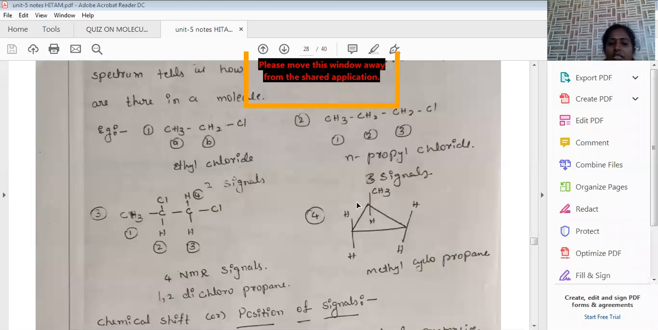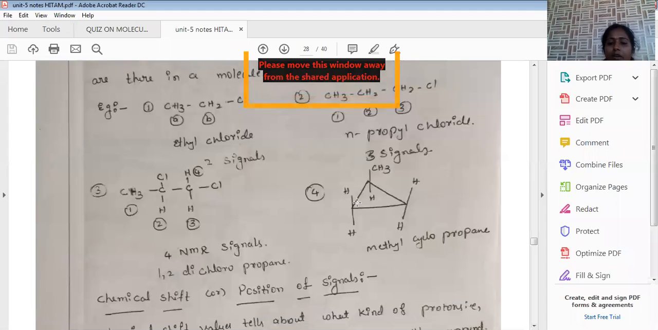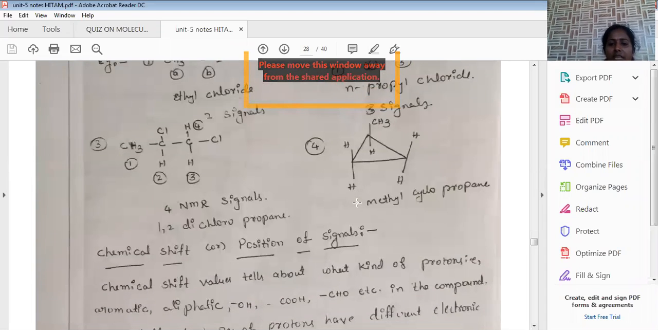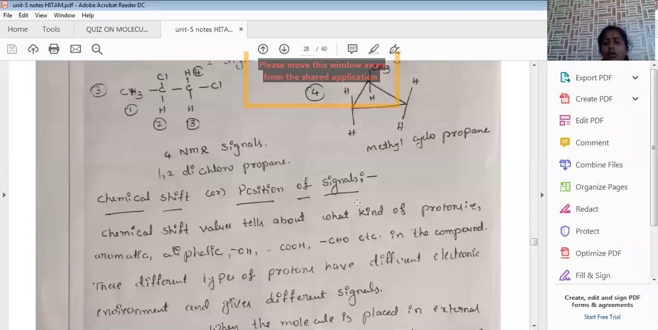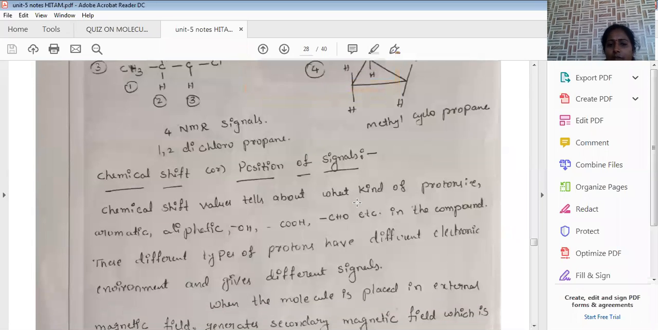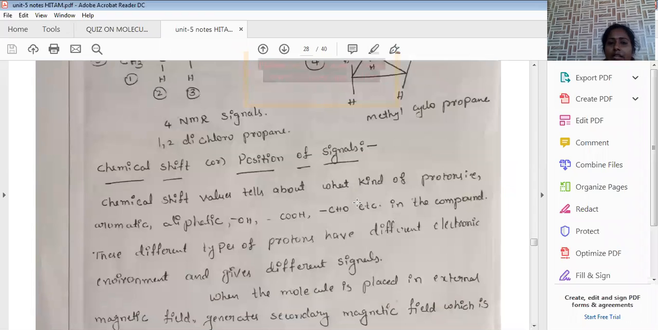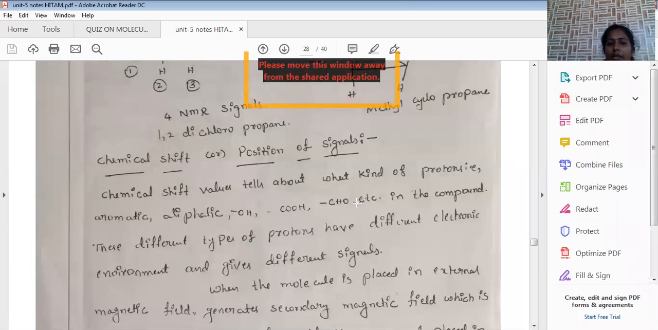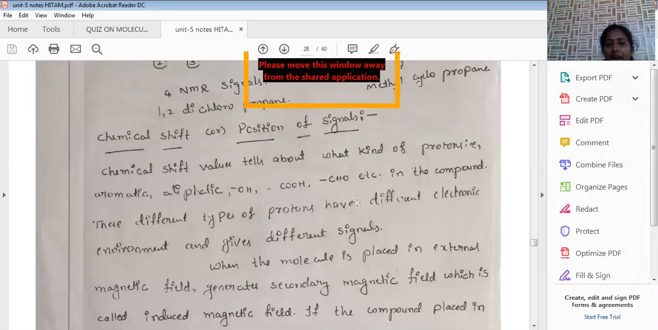So the number of signals mainly depends upon the number of sets of hydrogens present in the given compound. The spectrum is given only for hydrogens, not the remaining functional groups. Hence, NMR spectroscopy of hydrogens is also called proton NMR spectroscopy or PMR spectroscopy, because protons or hydrogens are